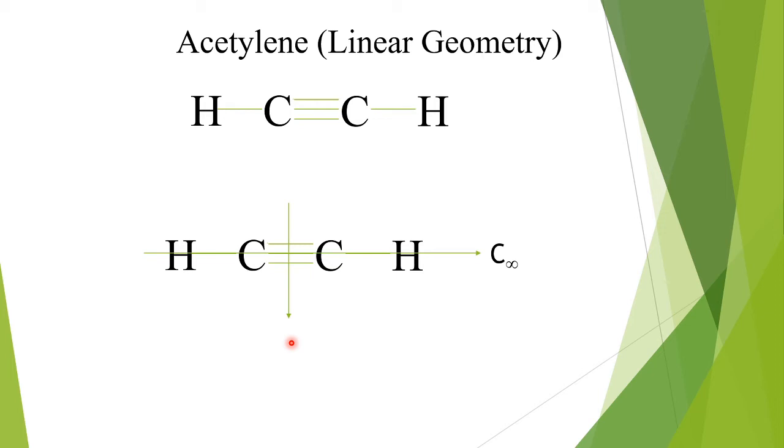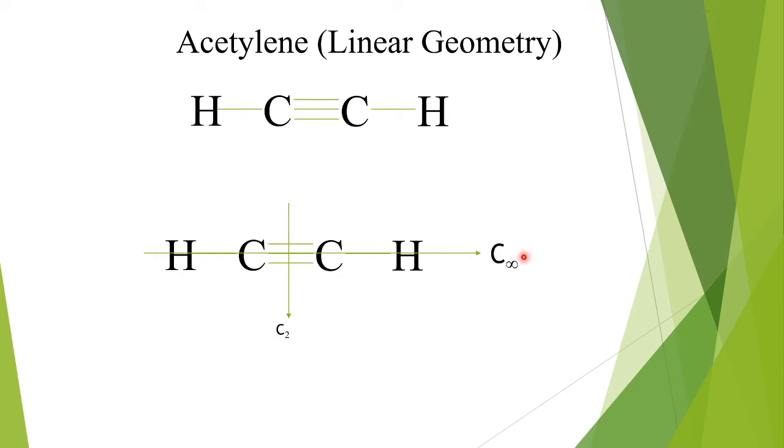Take the pencil, the lead which passes through the middle is our C infinity axis, and the one perpendicular to it, which passes through the middle of the pencil, will act as the C2 axis, and in any angle that C2 axis will be perpendicular to this C infinity axis. Just try it out, and if you have any doubt you can ask me, because there may be a small confusion about it. So here we have infinite C2 axes,